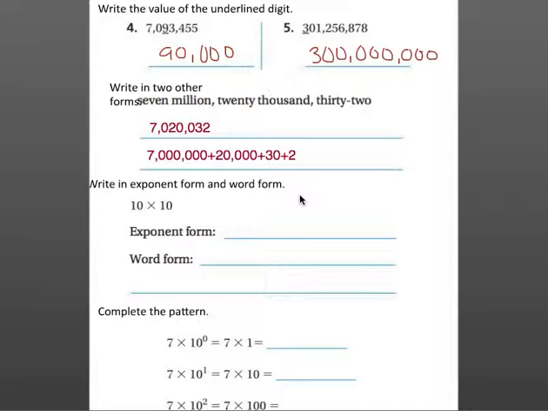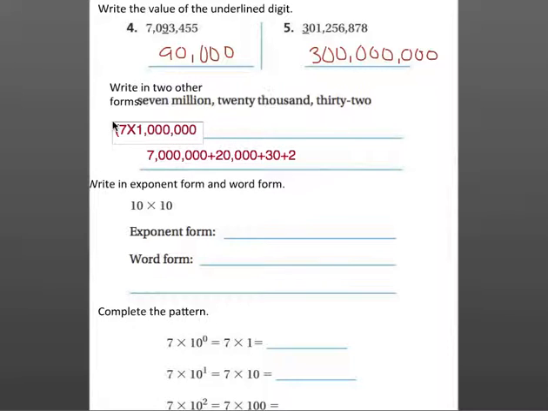And the last way that we could write out a problem like this is we could write it out in expanded form a different way. There's 2 different ways that we could do expanded form. And so I'm going to show you the last way. So what we would say is, okay, I have 7 times 1